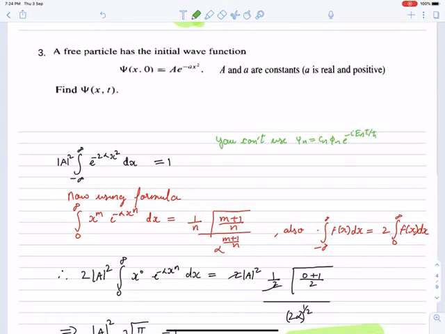So you can't use this. Because there is a whole concept about this, why you can't use it: a free particle does not have any stationary state. A free particle can't exist in a stationary state, so we can't use this formula. Now if you want to know what a stationary state is, I have described it in my first or second video, so you can see that.